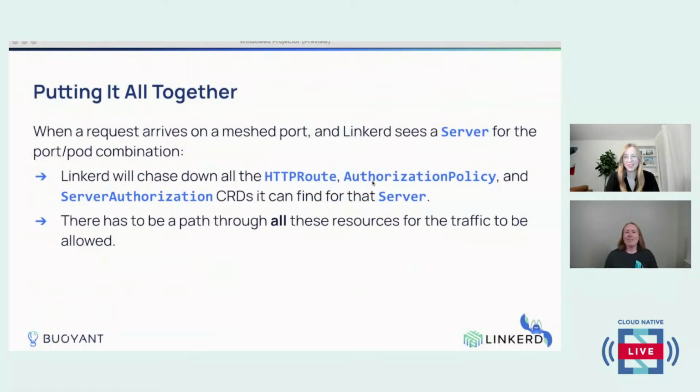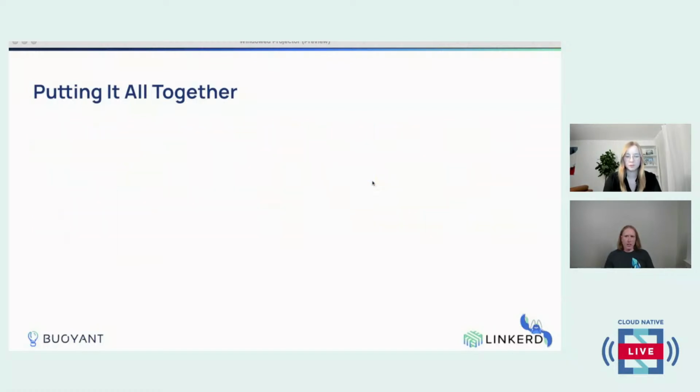To put all this stuff together, when a request arrives on a meshed port that matches the server, Linkerd is then going to go chase down all the HTTP routes and authorization policies and server authorization CRDs that it can find that match that server. And there must be a path through all of those resources for the traffic to be allowed. Some examples. If you have a server and,